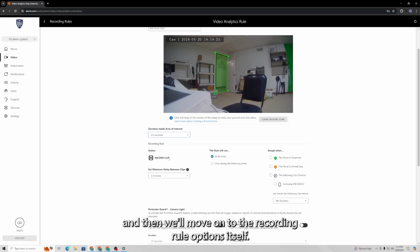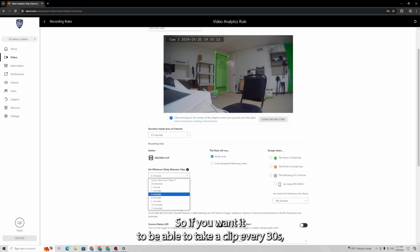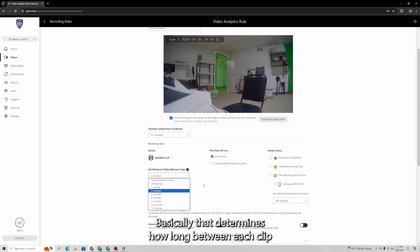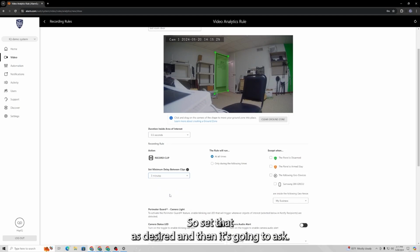recording rule options itself. So you can set the minimum delay between clips. So if you want it to be able to take a clip every 30 seconds, you can select that, or you can change it to 15 minutes is the max. Basically, that determines how long between each clip it's going to wait before it can record a new clip on that camera. So set that as desired, and then it's going to ask,